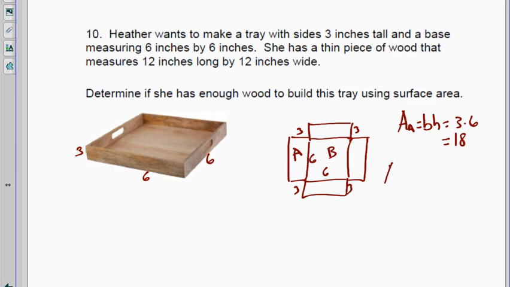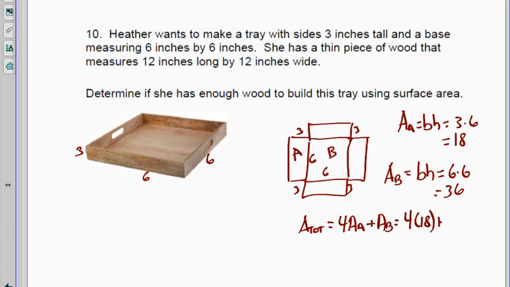And area of B is 6 times 6, is 36 units squared. So my total area is 4 area A's plus an area B, 4 times 18 plus 36, is 72 plus 36 is, I believe, 108